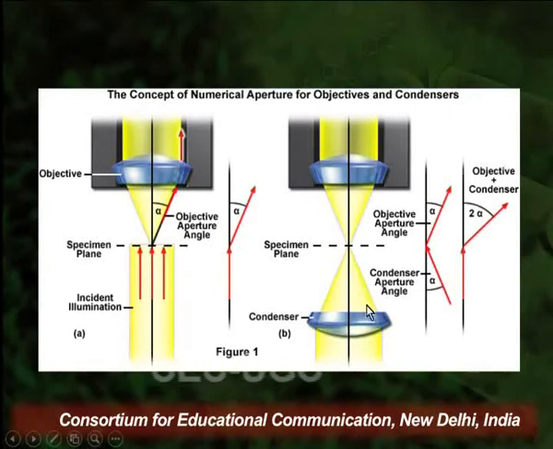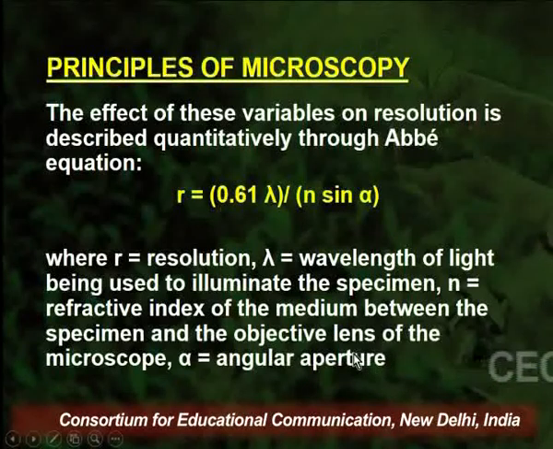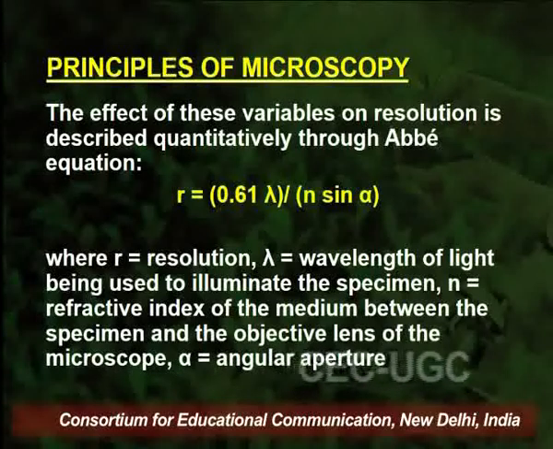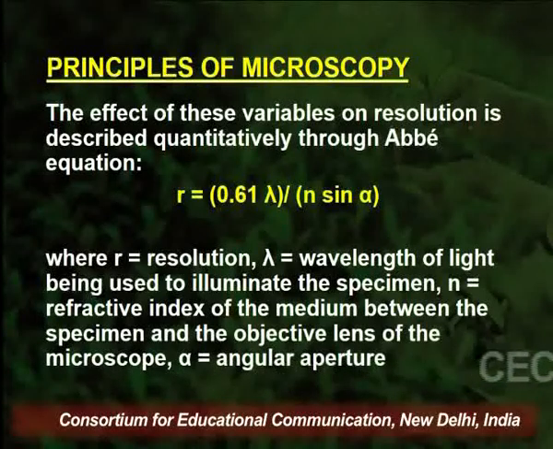So this movement of parallel beam towards the specimen is the condenser aperture angle, which is denoted as alpha, and the objective aperture angle is again alpha. So the total aperture angle here happens to be 2 alpha. The effect of these variables on resolution is described quantitatively through Abbe's equation, and this Abbe equation says that resolution